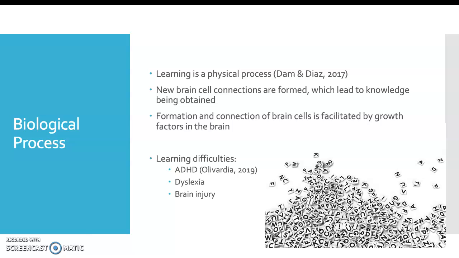There are some learning difficulties that can occur in some people, and examples would be ADHD, which is attention deficit hyperactivity disorder. That's becoming a lot more common in children nowadays. Dyslexia, which is basically a learning difference but not a disability, but it is a neurological disorder that causes issues with word recognition, poor spelling, decoding abilities. It can also cause problems with reading comprehension and vocabulary issues. And if you have a brain injury or traumatic brain injury, that could also cause difficulty in learning.